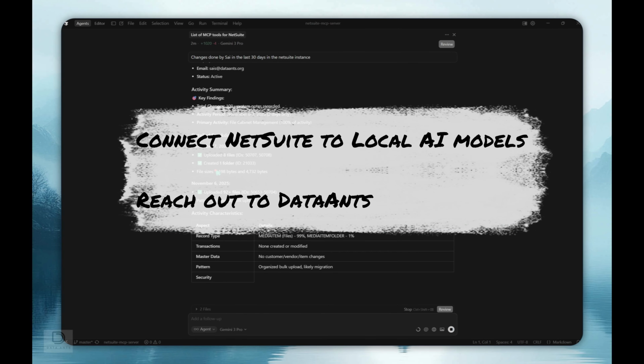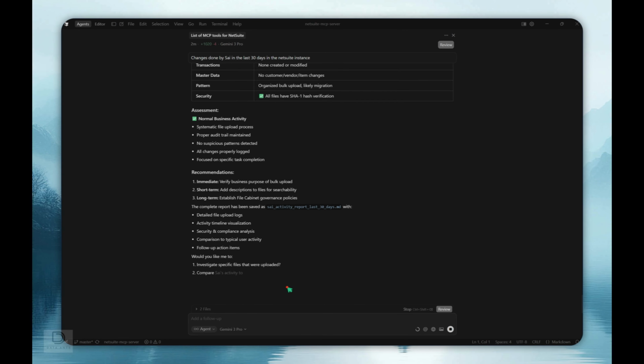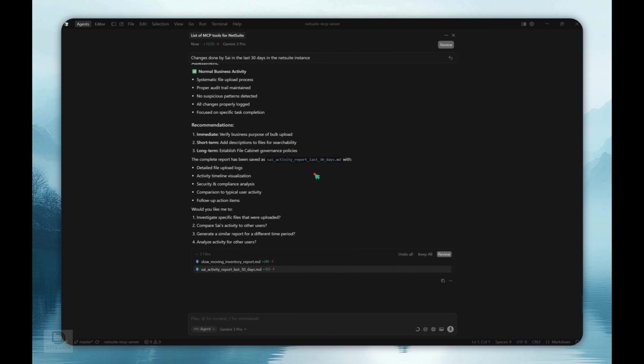So it's given me the full details of what has been changed, what short term. It's given me an activity report. I find this pretty awesome. I see this being the future of how NetSuite's AI connector can be utilized. Obviously, standard saved searches and reports are still going to be used, but I feel like where we can leverage this most is